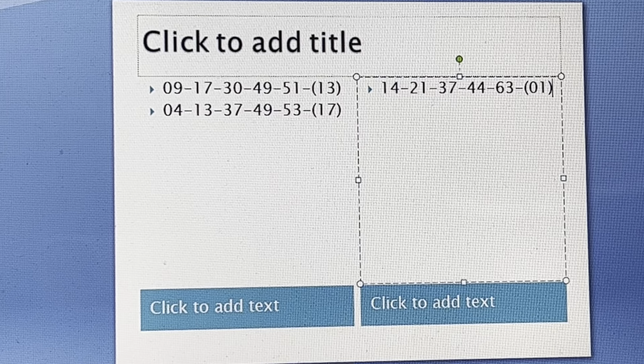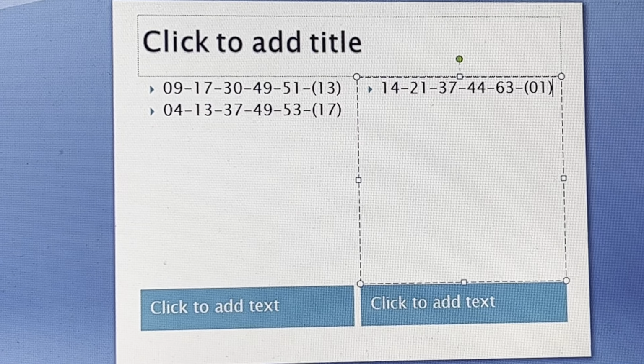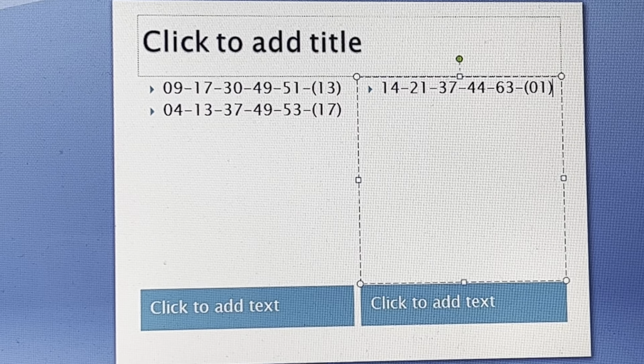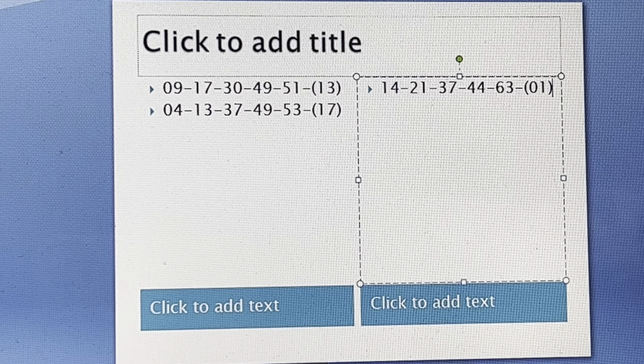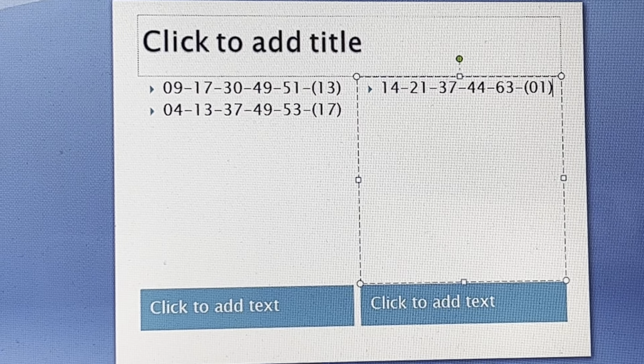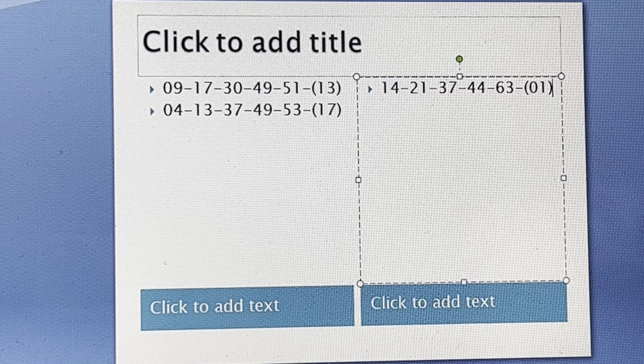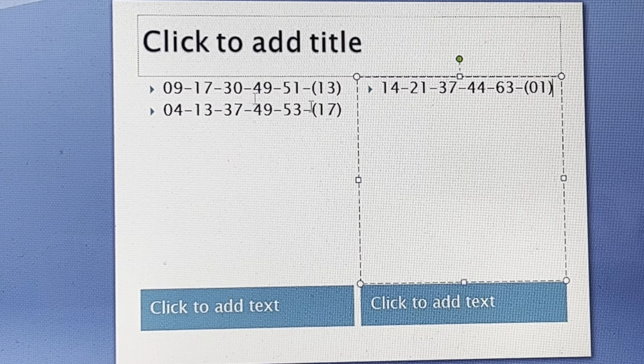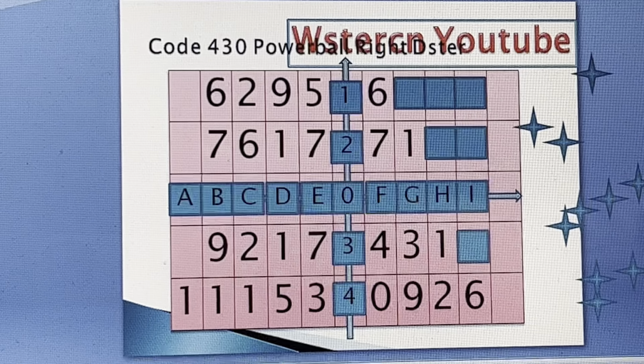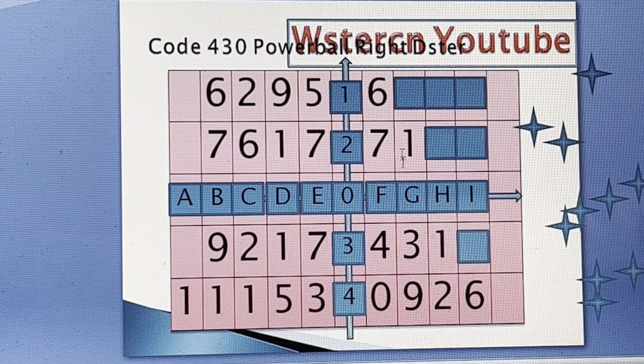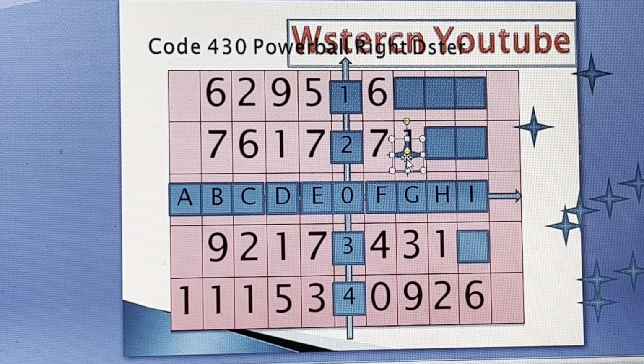Again, as I said, if you have a double number, sorry about the noise outside. If you have a double number, it gives you a disadvantage because you have to add additional coordinates. So you do not like double numbers in Mega Millions and Powerball, but you like double numbers in pick 3 and pick 4. Double numbers do not help. So let's go to the winning numbers to see where number 14 is, right over here in quadrant 2 and